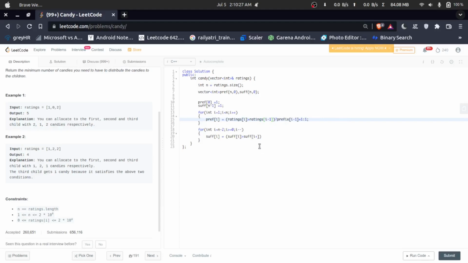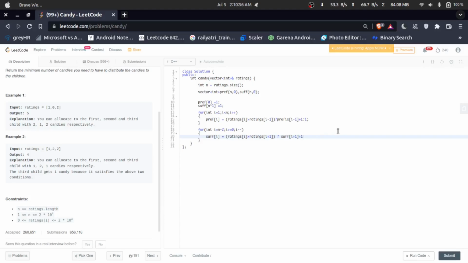The ratings of i plus 1, that is the after part, because I am taking the suffix. So in that case, the suffix i plus 1